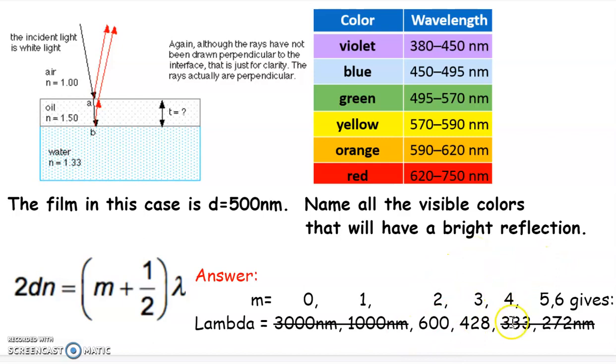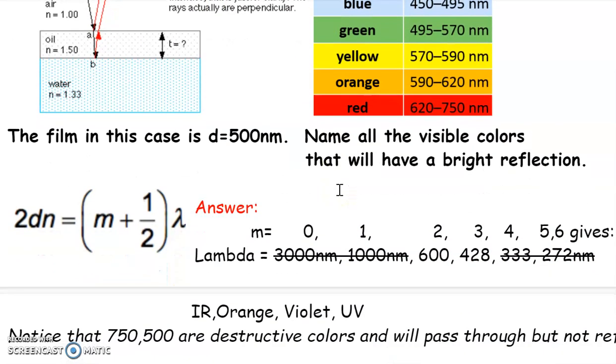So that's kind of cool. Beyond that, we're going to be even smaller, smaller, smaller. And those are also going to be invisible to you in the ultraviolet. And some of those colors might not even be that prevalent in the white light that was coming from the sun in the first place. But in any case, they wouldn't be constructive in the reflection. And so we would get